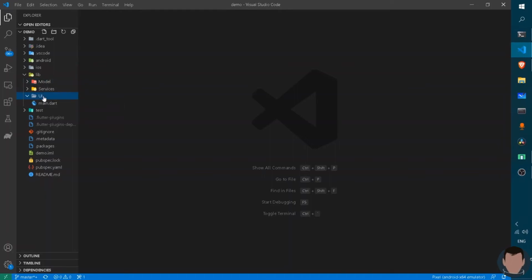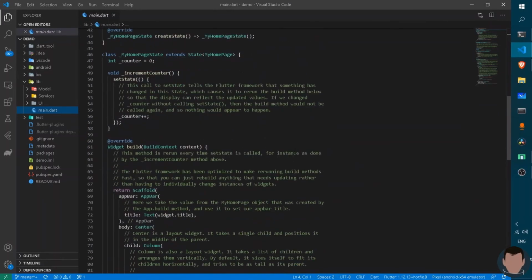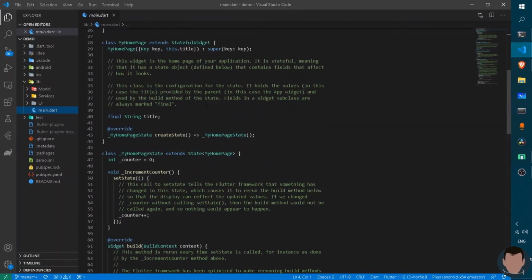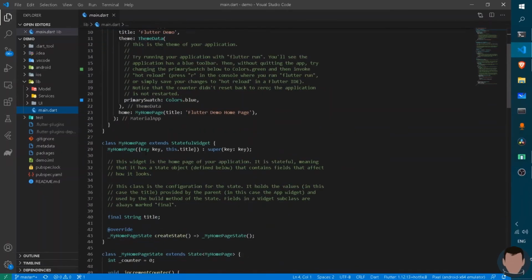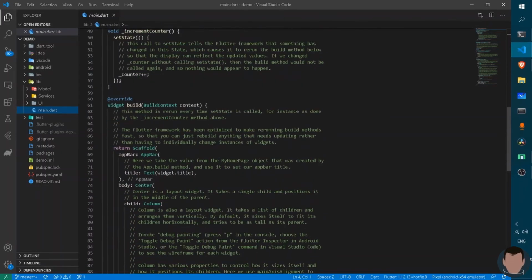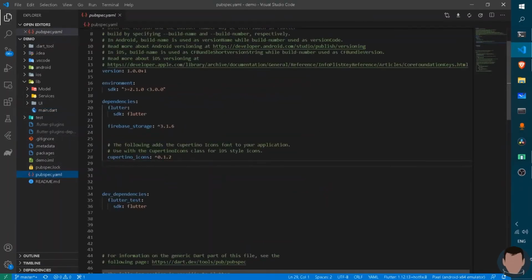The UI is for the user interface, and the services are for the connection between the user interface and the model, which will be a class that will contain all of our data of the user. This is the most important file in the subfolder of lib. This is called main.dart. This is the home root of your application's code. Now, this is a lot of code and it looks like jargon. But in the next lecture, we are going to study each and everything about this file, like mapping the keys and overriding strings and all this data. But before that, let us have a look at the pubspec.yaml file.